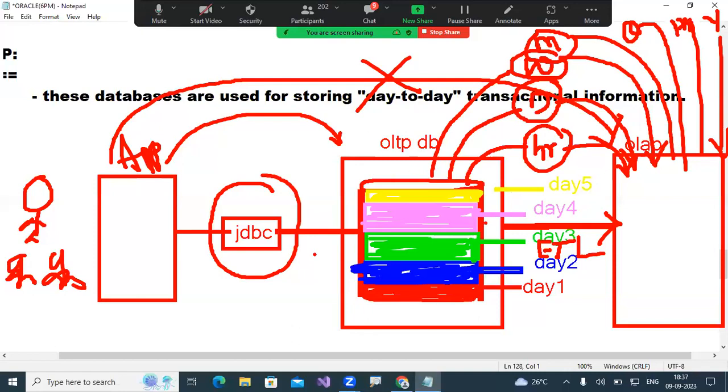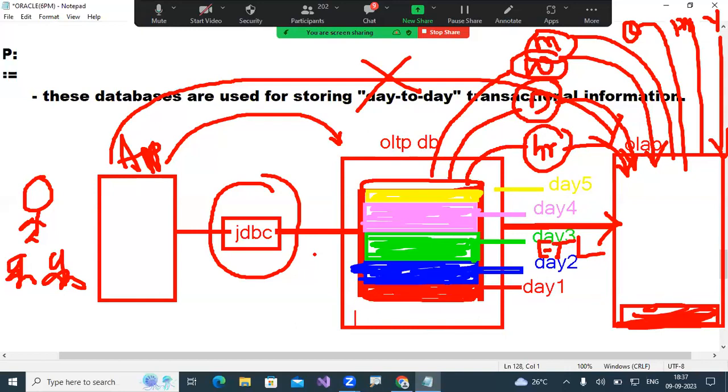Okay, sir. Now the memory is full. What am I going to do? Suppose I transfer hourly. Which data will transfer? Day 1 data, not day 5 data. Day 1 data. Very good. This is a concept you all know: first in, first out. What is first in? Day 1. What is first out? Day 1 only. So day 1 will be moving here.